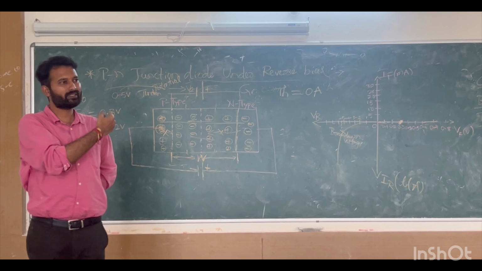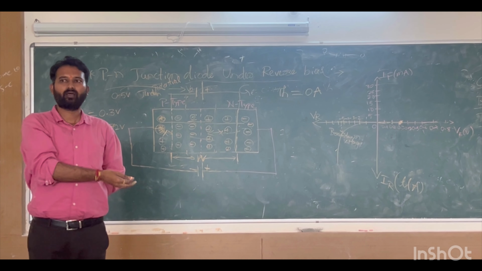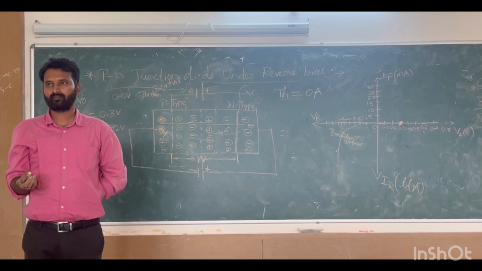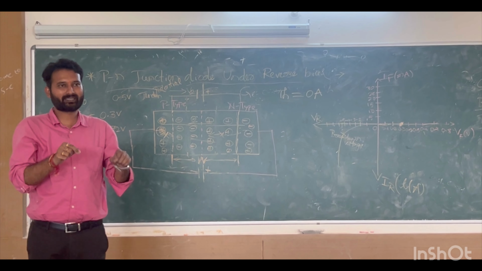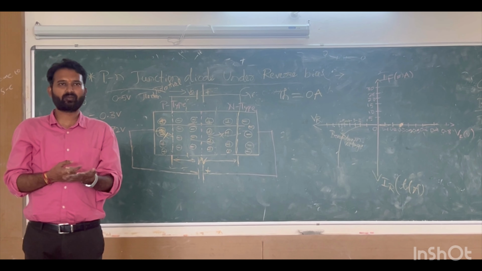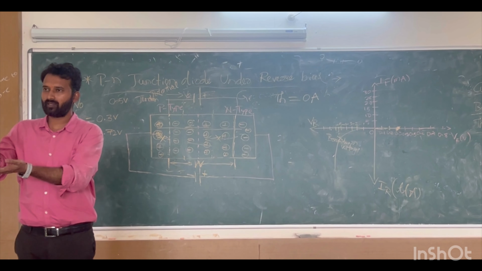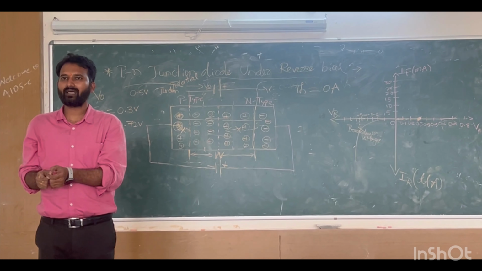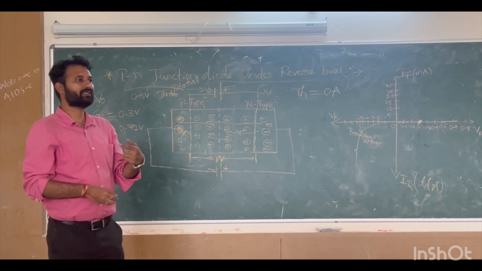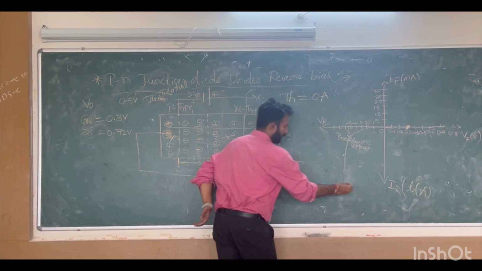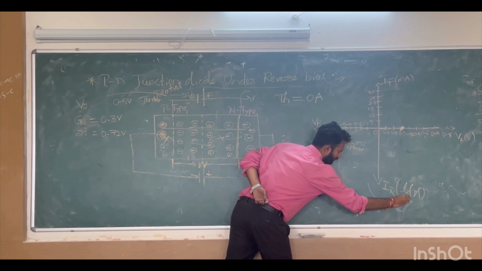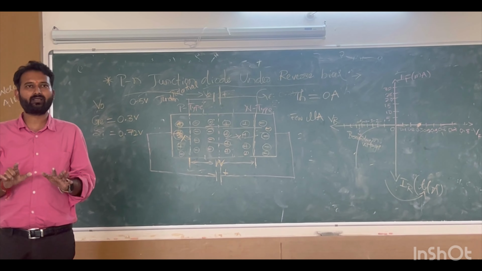But when you do this experiment practically, a current flows. When you do this experiment practically, have you seen the breadboards? When you connect a PN junction diode on a breadboard under reverse bias, you will get a current. Practically, there is a current of the order of a few microampere. I will tell you the reason also. Understandable?